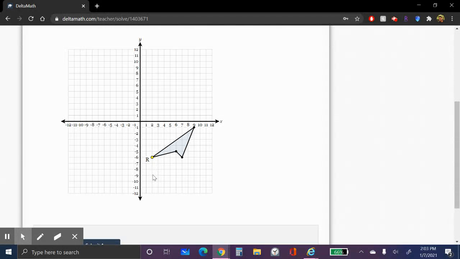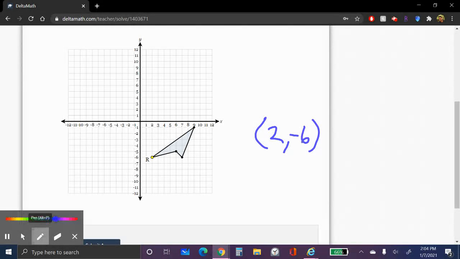Now, there's a couple ways you could do this. You could move this down and then find the coordinate, right, of that: 1, 2, 3, 4, 5, right? And that would be the point there. Or you can just literally write the coordinates of this point, which is 2, -6. And if I'm moving it down